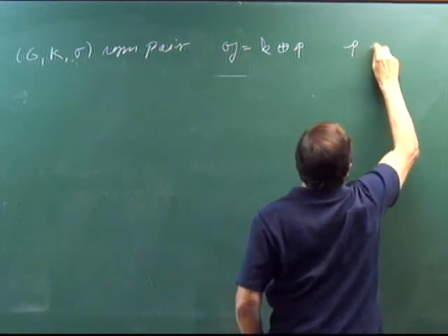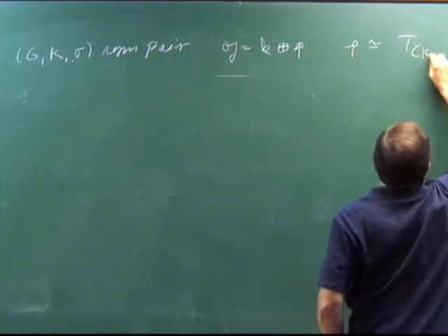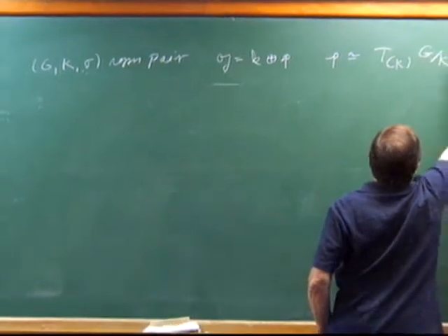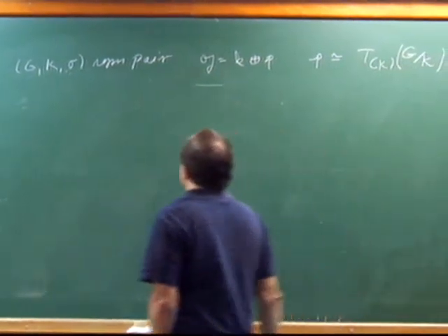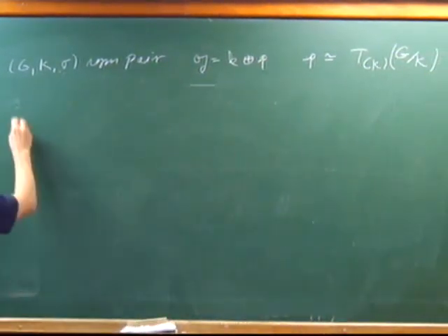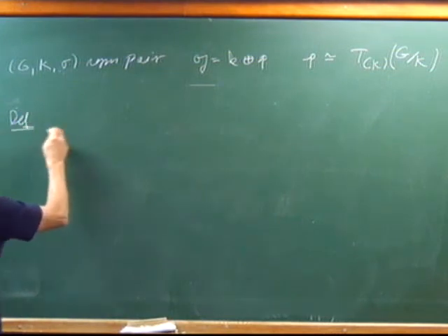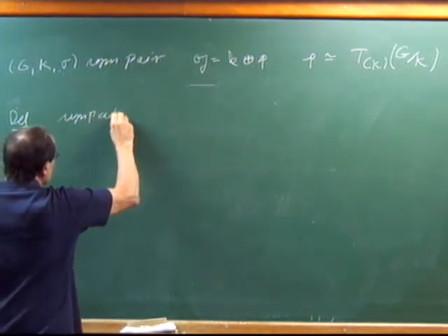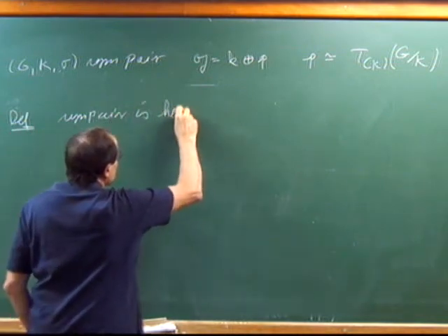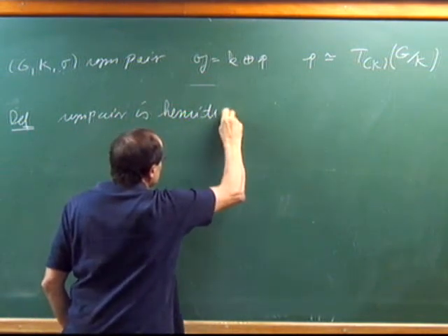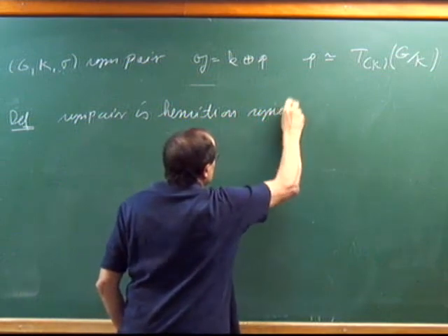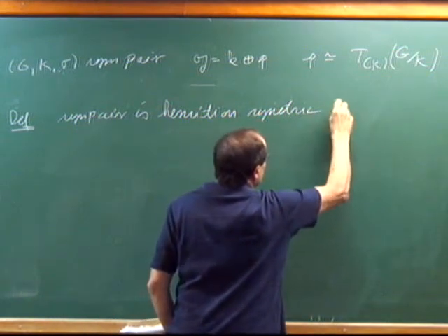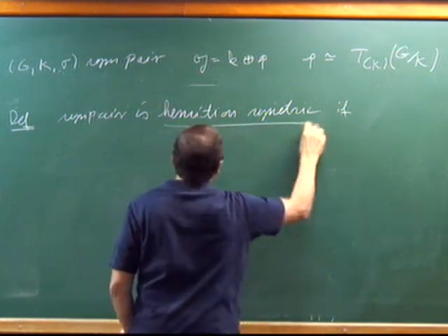We identify P with the tangent space at my base point. And now I say, so definition, the symmetric pair is Hermitian symmetric if the following thing holds,